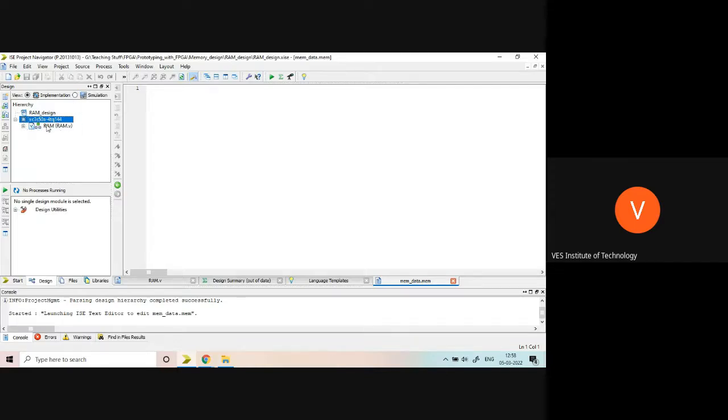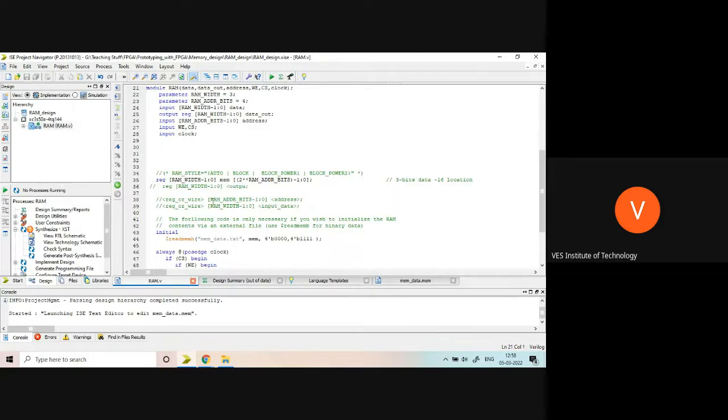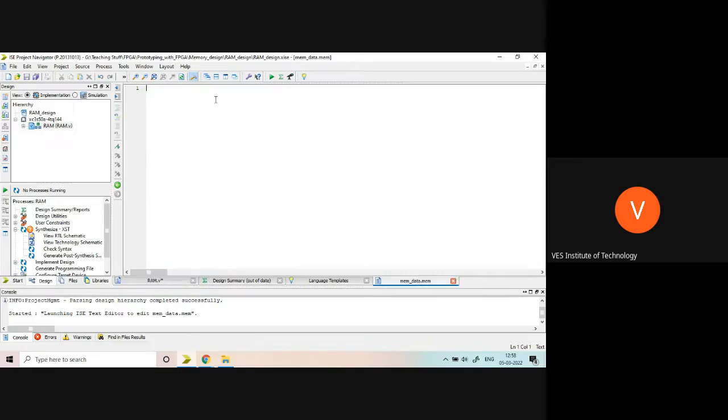So I have to write the mem data.mem file, and I write here 0, 1, 2, 3, 4, 5, 6, 7. Sorry, 7 only, because we have only 3-bit data. I have written it.